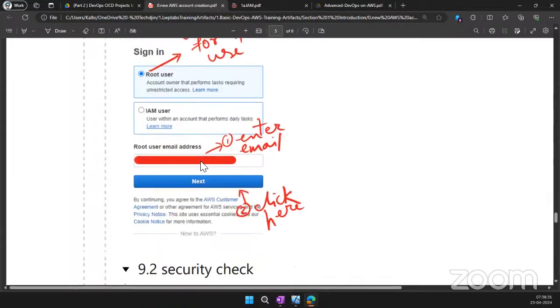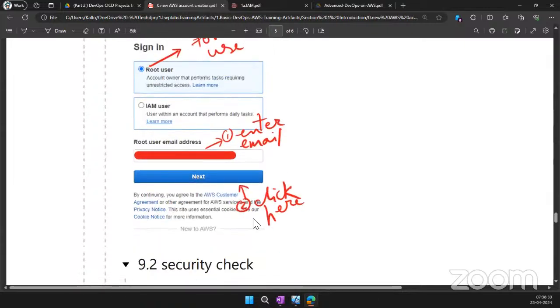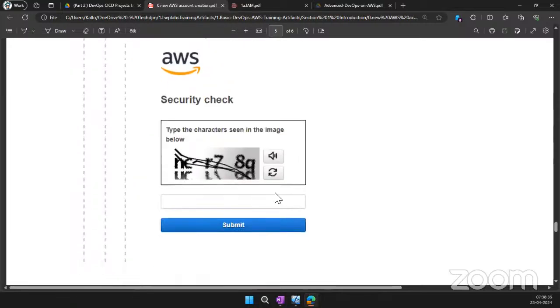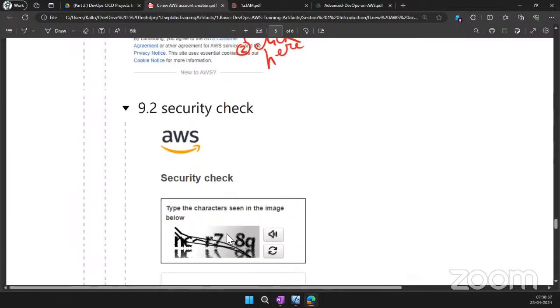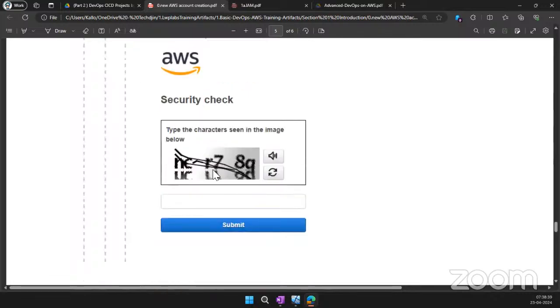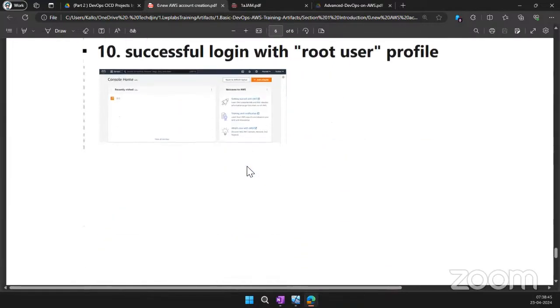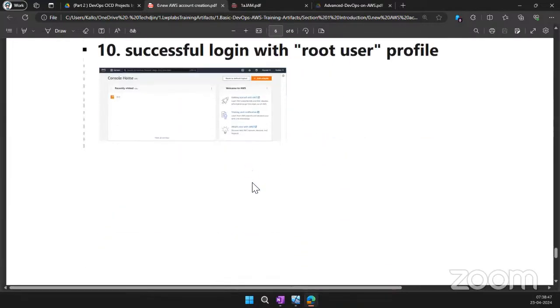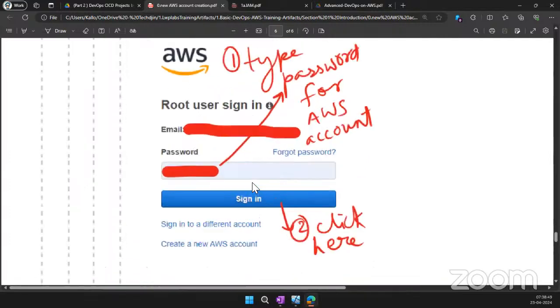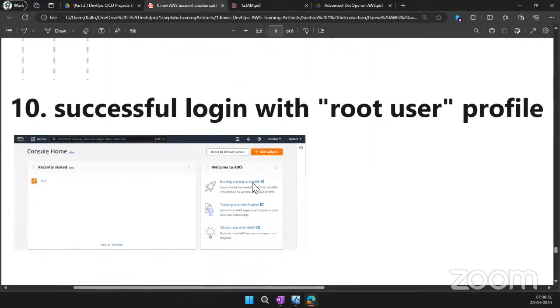You log in. This one I've done. I've given my email address, clicked on next, and then the password. There might be a security check that comes up. You might get a CAPTCHA. This time I did not get a CAPTCHA, but you might get it. Now, once I have done that, these screenshots that you are seeing here are for when the